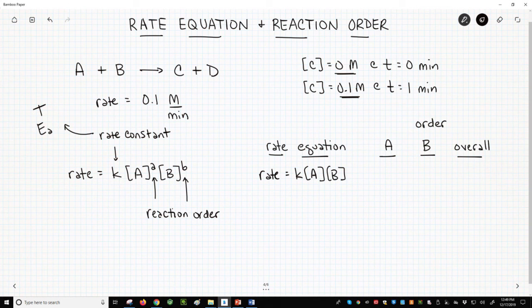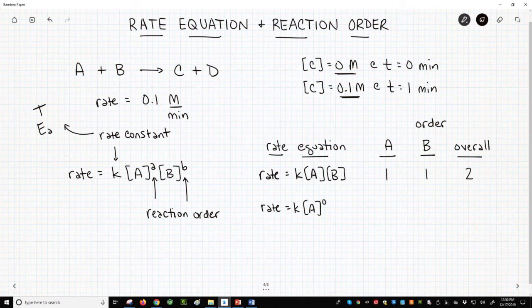For this rate equation, the order of A is 1. You don't have to write an exponent value of 1. And the order of B is also 1. The exponent value is 1. The overall reaction order is 2, simply the sum of all the exponents. So let's do another. Rate equals some rate constant